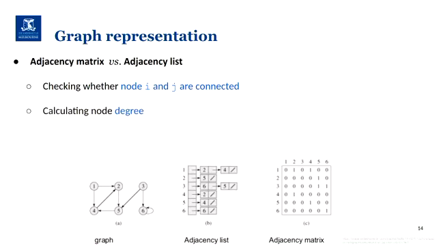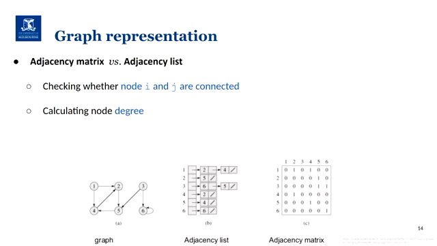While calculating node degree, when you have an adjacency matrix, how would you do it? So I want to know how many nodes are in my vicinity. How do I do that with the adjacency matrix? I couldn't hear you, sir. You add 1. So you need to actually go through either a row or a column. And that's the cost of that. That's linear as well. You need to do that n times.